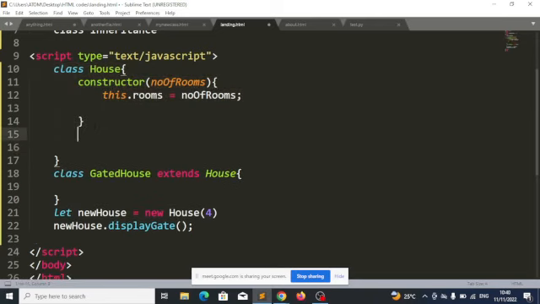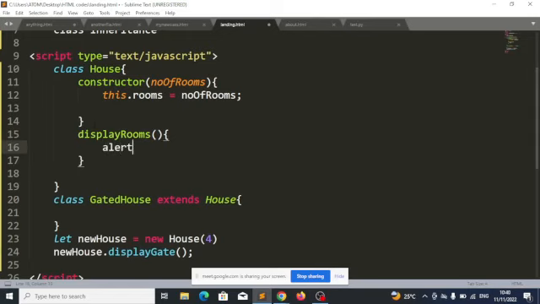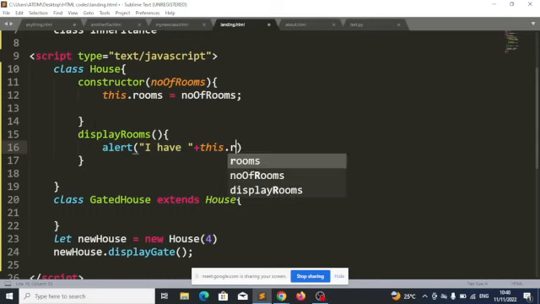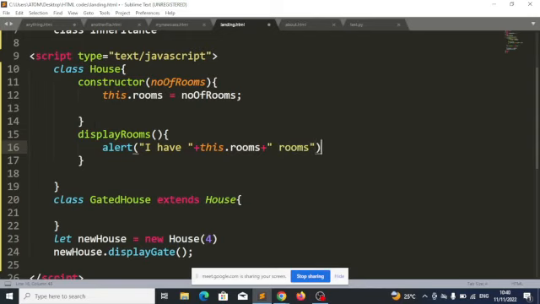If I have a method here called, let's call it display rooms, and what this method does is it just alerts "I have this." So we have a method here called display rooms. One thing I want you to notice is that this gated house now automatically has that method also,